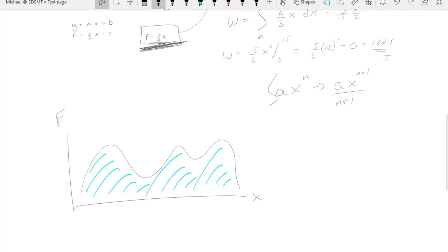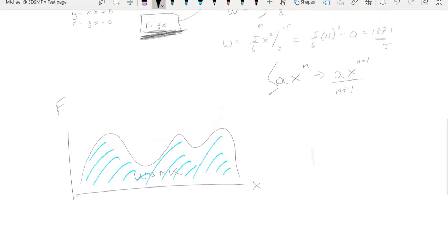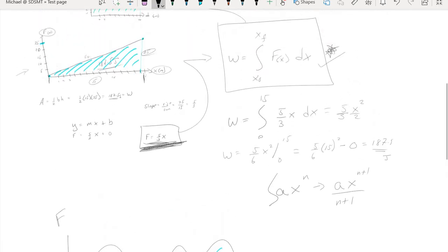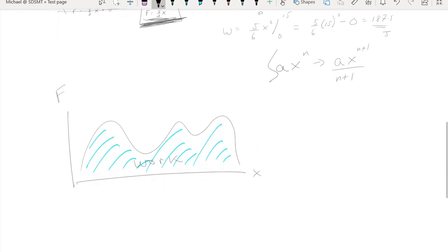Kind of need that. So in a case like this, in order to solve for the work that is being done, this is not something that I'm going to be able to look at and apply point slope method and figure out what that function is. In a case like this, I would almost definitely have to be given some kind of function relationship so that I could plug this in to an integral,